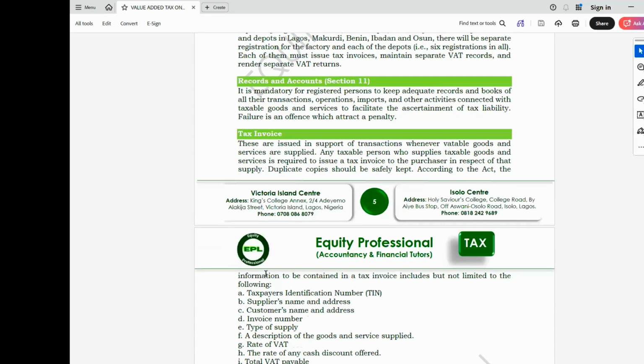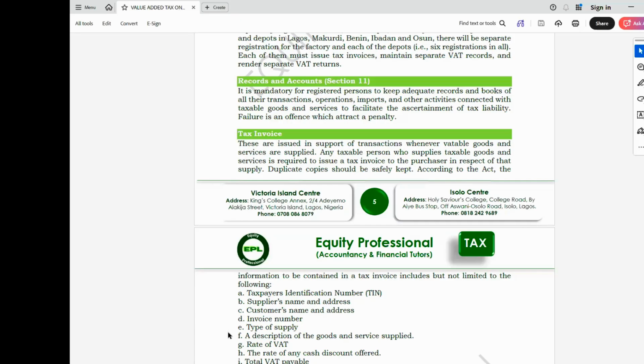This tax invoice, we have details about what? About the transaction relating to the VAT. Some of the content of this tax invoice are the TIN number, the tax identification number of the company, of the taxable person. That taxable person that deducted the VAT, the TIN number of them will be there, the supplier name and address, customer